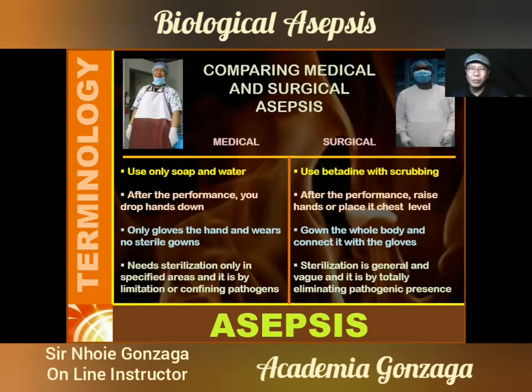Okay, so see here now. As a nurse, this is what you look like when you are just performing medical asepsis. You see, normal scrub suit and just clean gloves. Now in surgical asepsis, you are wearing surgical suits, and then you will have your face mask, your headgear, and then you will have a surgical mask. Then you have a comparison here.